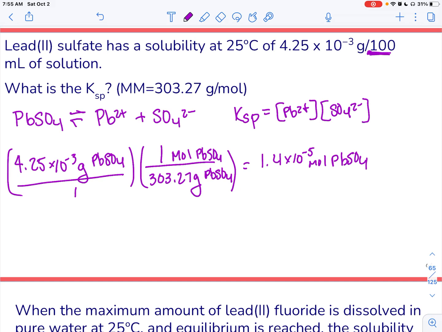Okay, so that's our moles. Now to find the molarity, we just divide by 0.1 because they said it's grams per 100 milliliters. So that gives us,